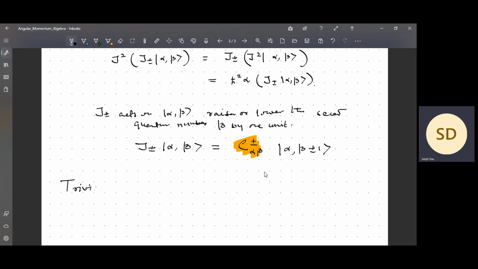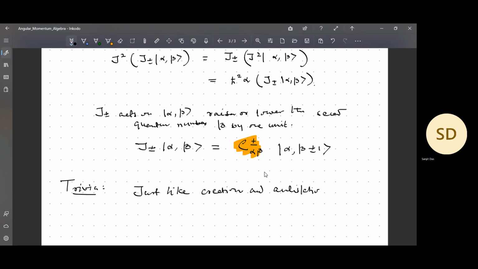So we are not immediately addressing that question. There are many other things we have to address before. The trivia is that it is just like the creation and annihilation operator. So J plus cannot make this eigenket infinite. Suppose I act on this,